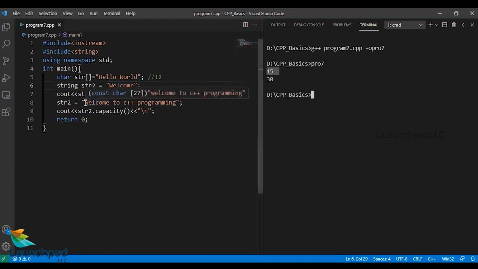And when I stored a character array of much longer length, which is of size 27, it dynamically changed the memory size, and the capacity was shifted to 30, as you could very well see here. The capacity size of 15 has moved to 30. So that is one crucial advantage of using string classes in C++ programming.